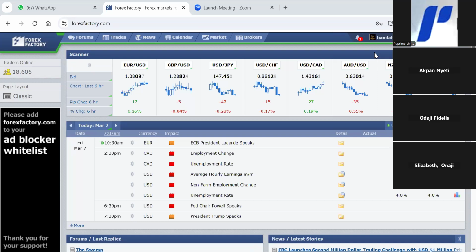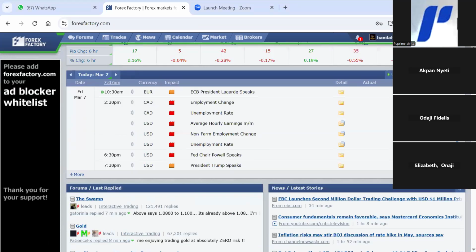All right, so today is Friday, 7th of March, 2025, the first Friday of the month, and today is the long-awaited NFP. But I will not be giving analysis on NFP. We'll do that later in the afternoon when we want to trade the news. So I'll just look more at the technical setup that is available for this morning session.